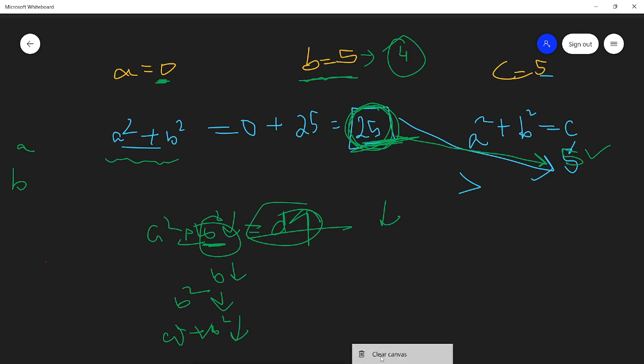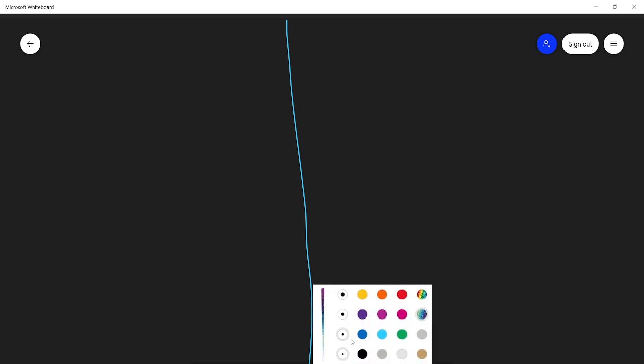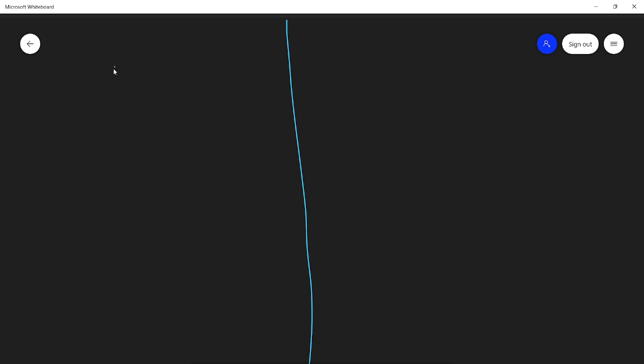So let's see here. Let me change the color. So we have c is equal to 5. A I have taken as 0. B I have taken as 5, which is c.